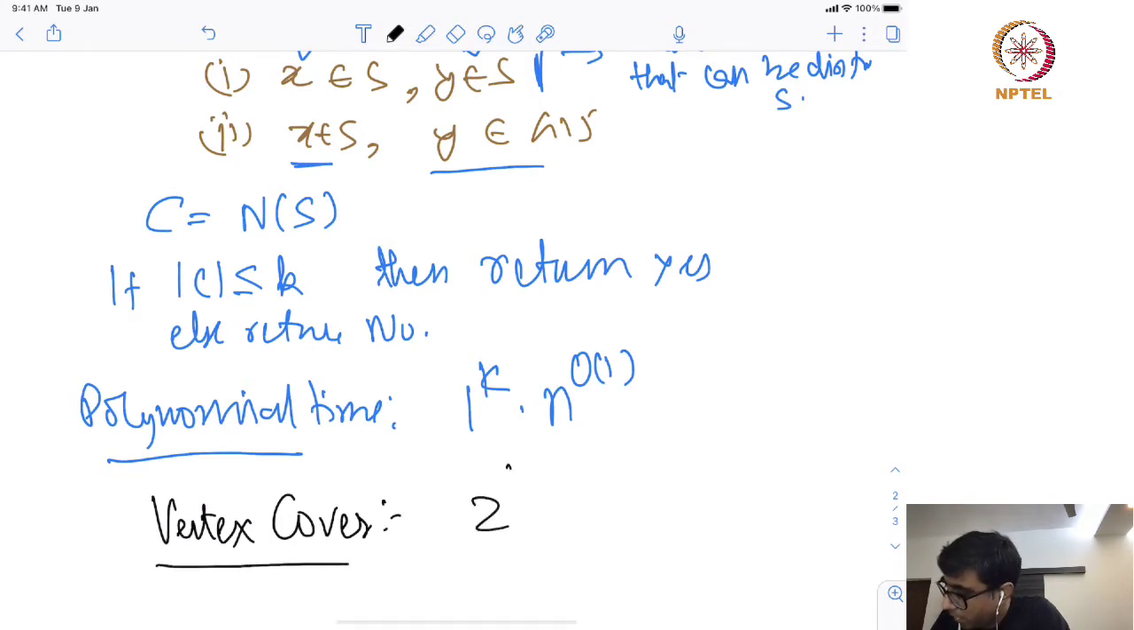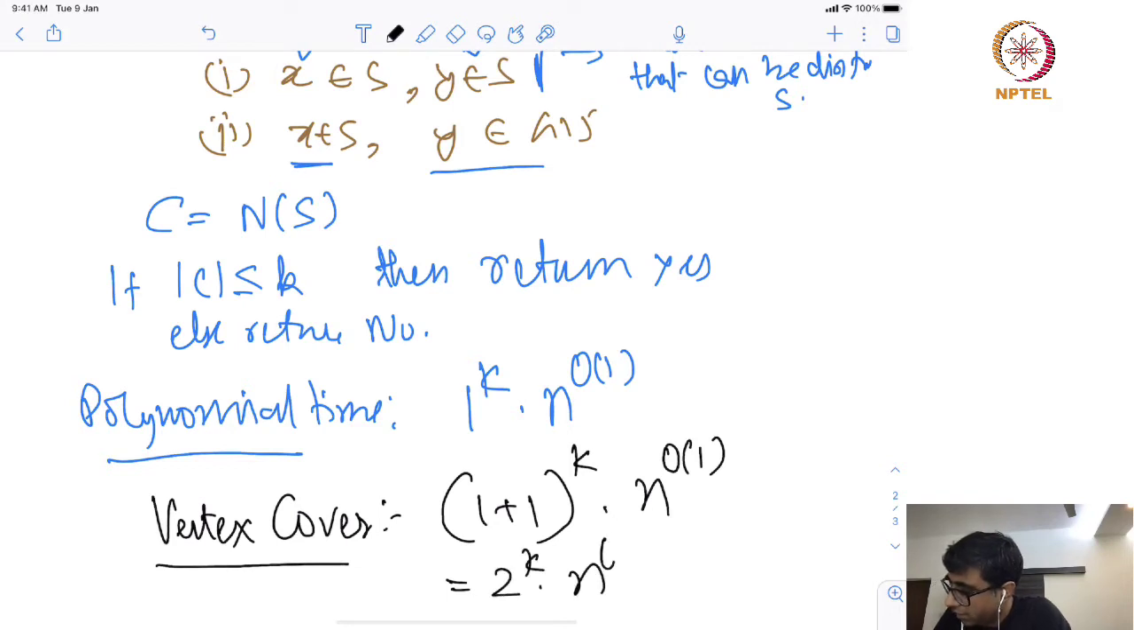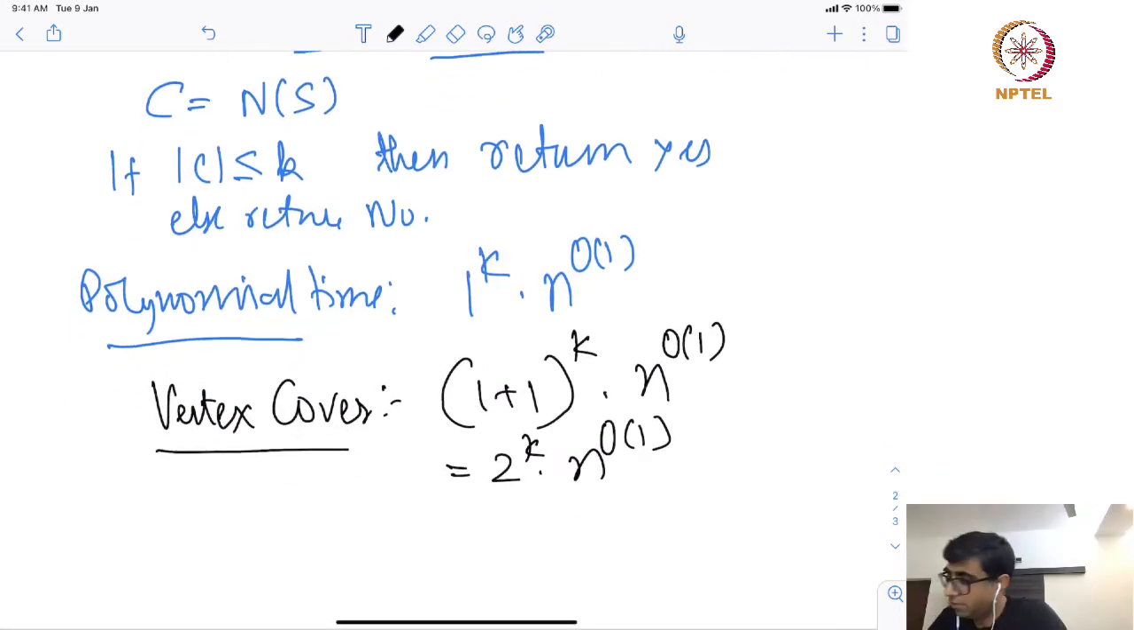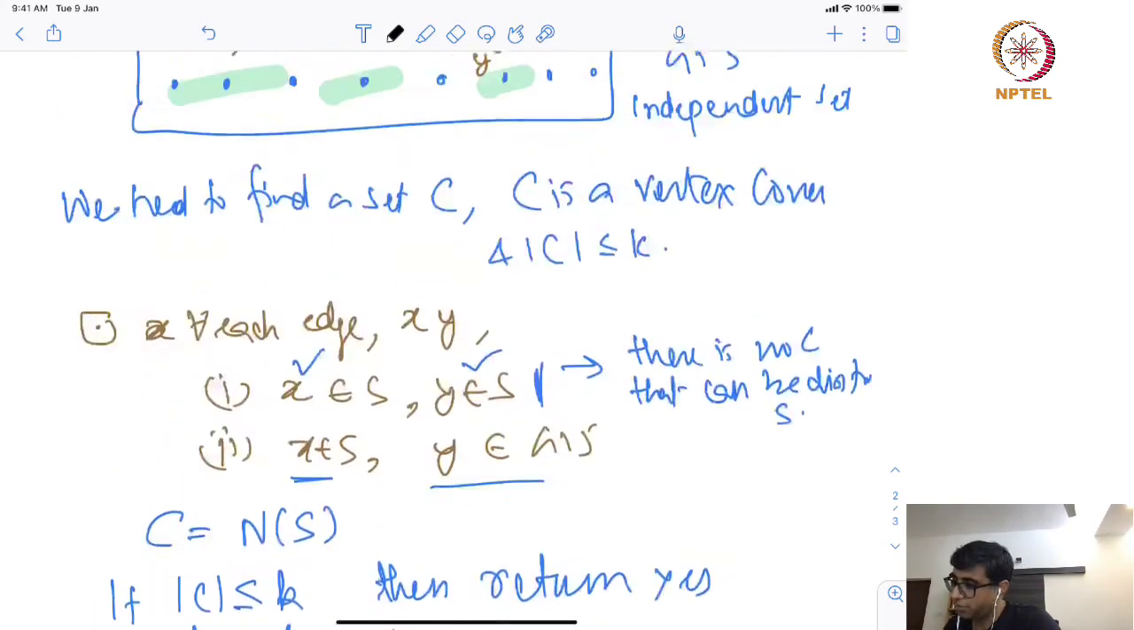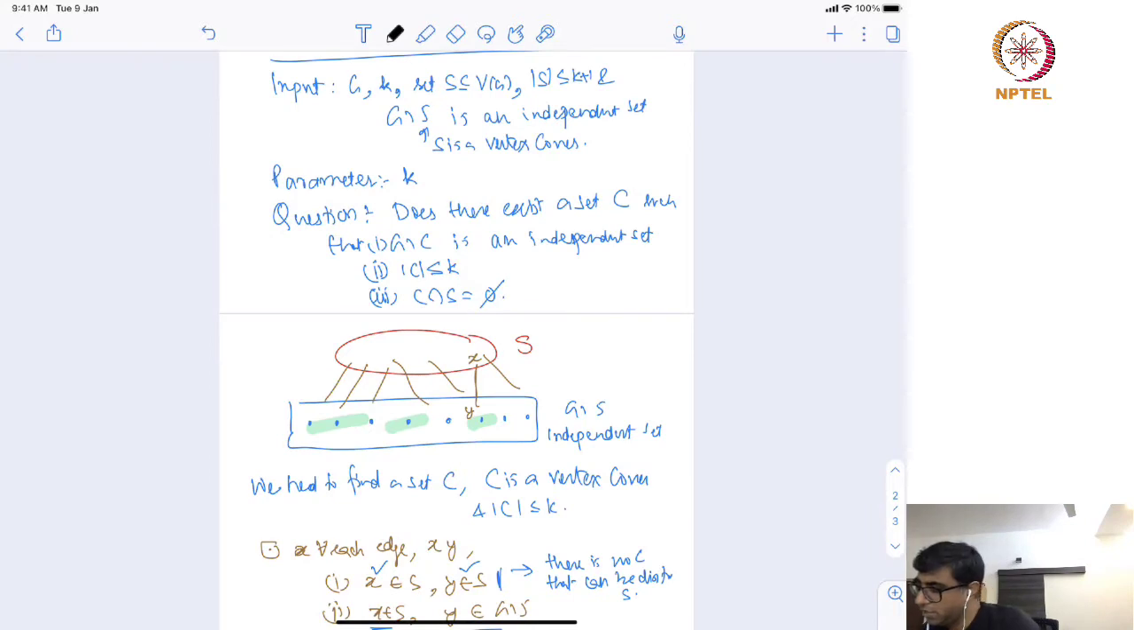in time. What was that? 1 plus the running time of the compression algorithm. So, 1 plus 1 to the power k, n to the power big O of 1. So, we get a 2 to the power k, n to the power big O of 1 algorithm for vertex cover, right. Because we can solve the compression version of vertex cover in polynomial time,